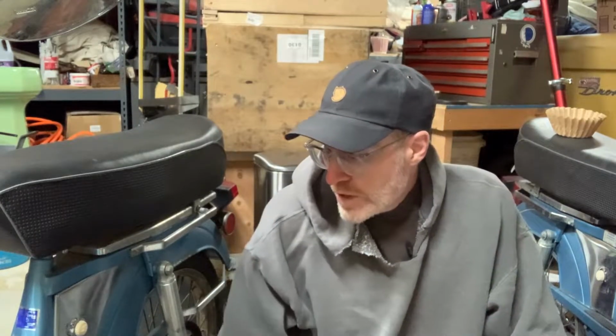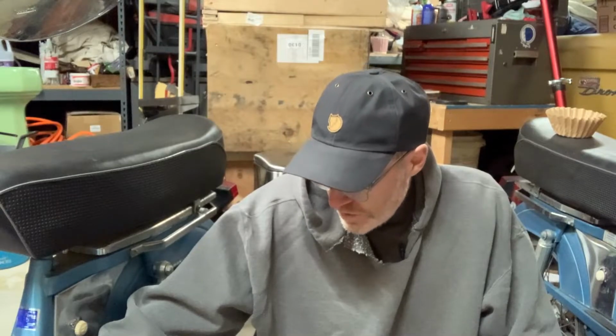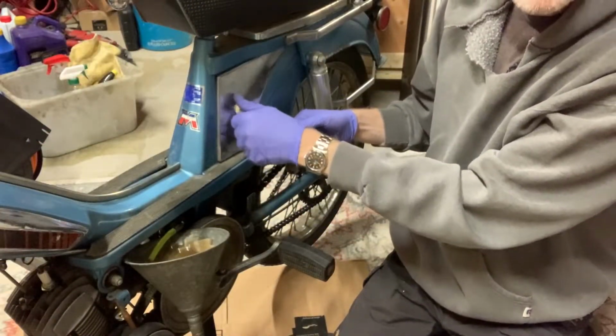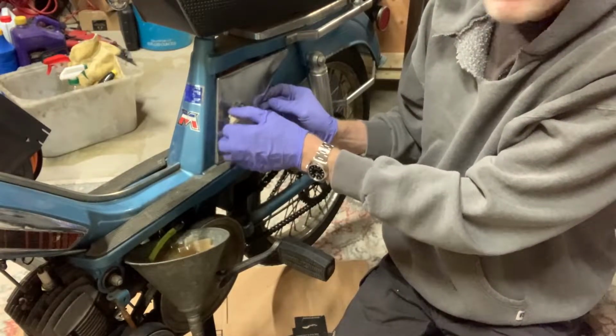Actually, I just turned it on reserve for that last little bit, like we showed when we were getting rid of the old gas. So right now it's almost finished, looks like. And then I can show you what it looks like on the inside. I think it's only going to need one pass, but I'll show you. And while we're still waiting on this, I thought I'd show you what a motor cane is supposed to have